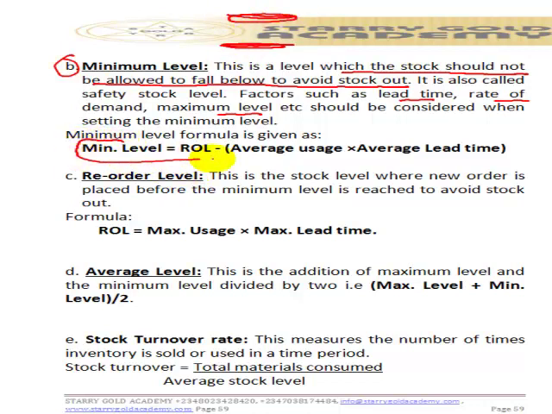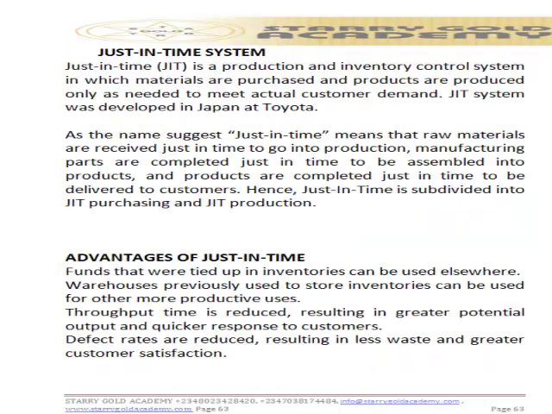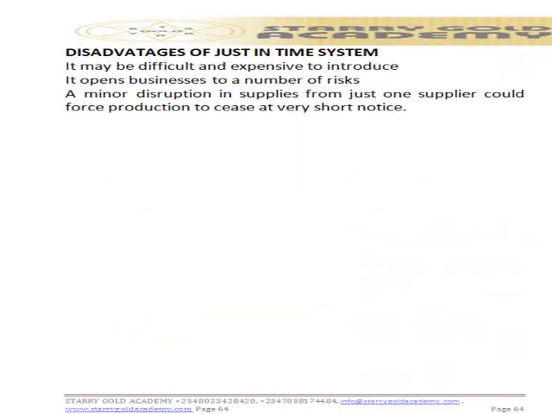it is calculated as reorder level minus average usage times average lead time. Then we have the reorder level itself. The reorder level